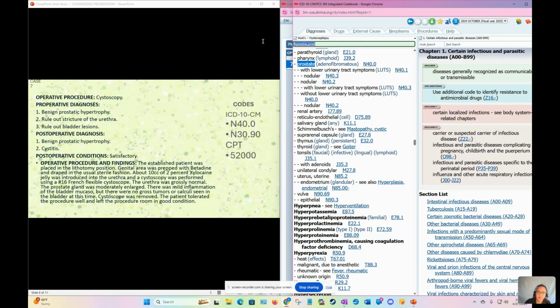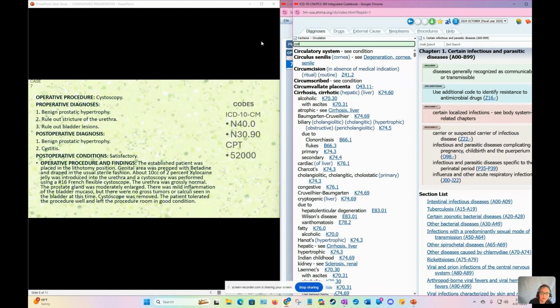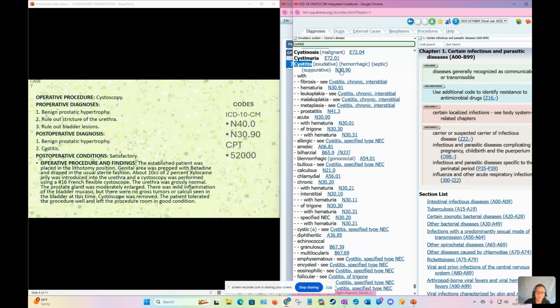Cystitis codes to N30.90, and then we have the procedure, the cystoscopy,